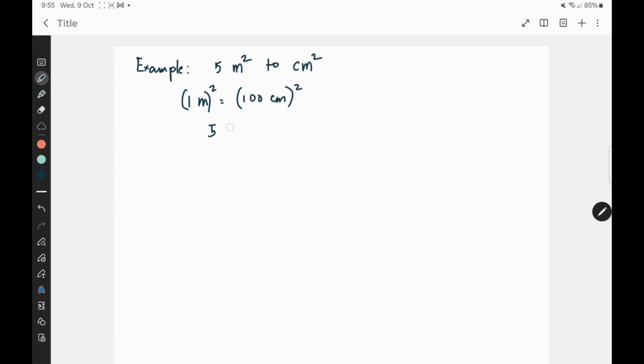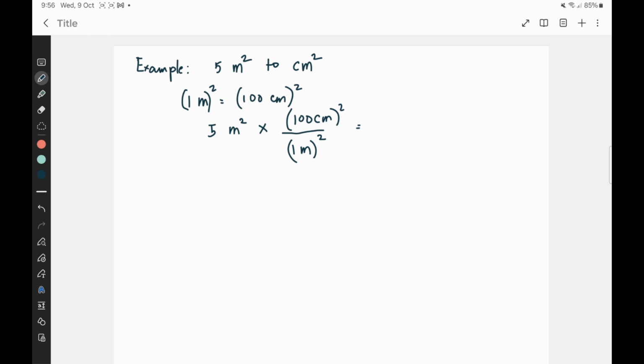We have here 5 square meters. Multiply this in such a way that we can cancel the square meter unit. So that would mean that I'm going to write here 1 meter is equivalent to 100 centimeters. But since that is a squared quantity, then I will also square these quantities so that they will be the same units. So in this case, I will square 1 meter and 100 centimeters so that they will become a unit of area. So as you can see here, 1 meter times 1 meter is of course equal to 1 meter